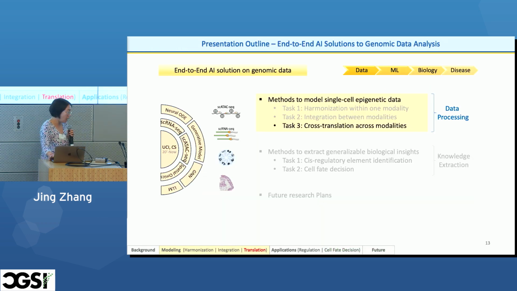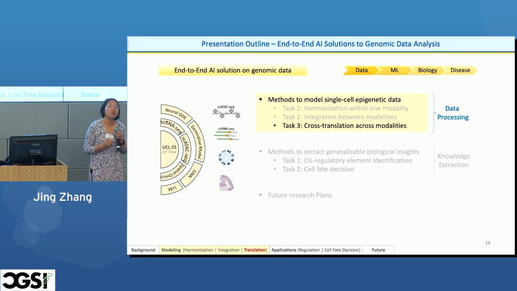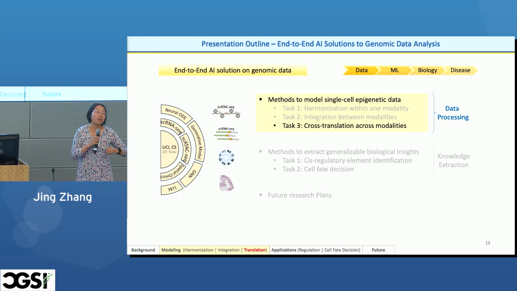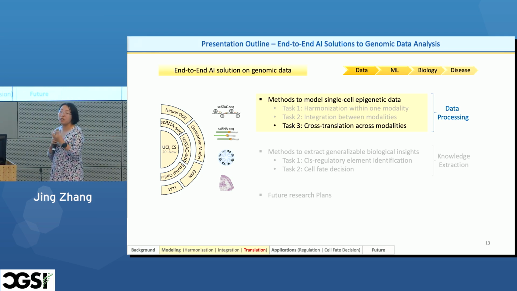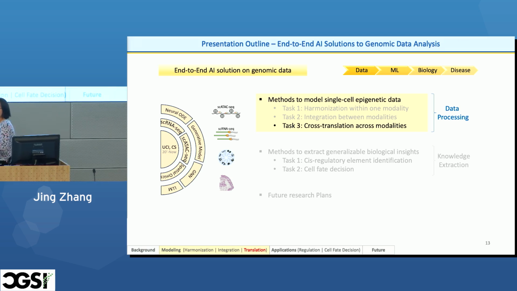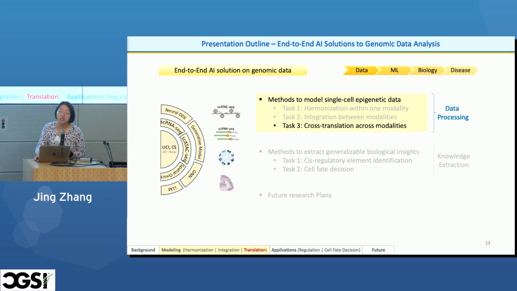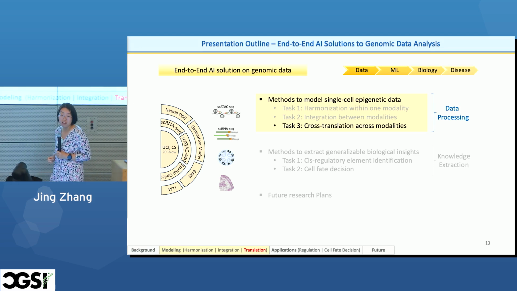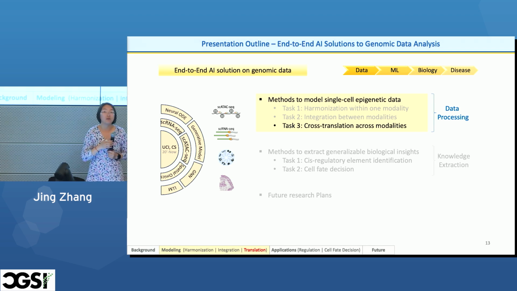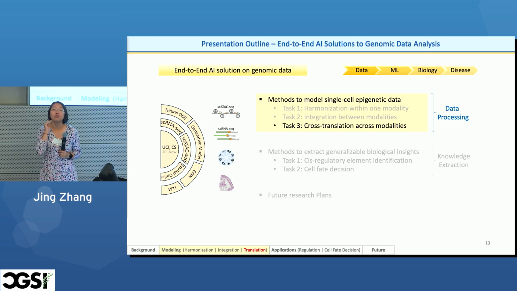And later on, we started thinking, okay, what can we get out of this single-cell multimodal data? Yes, we can project them into the same space. We can align them. And then what? What biological questions can we answer? So we started to work on this cross-translation model across the different modalities, so that if we modify one modality, we can see the consequences in the other modalities. We can link the chromatin accessibility to the RNA status, which is valuable.